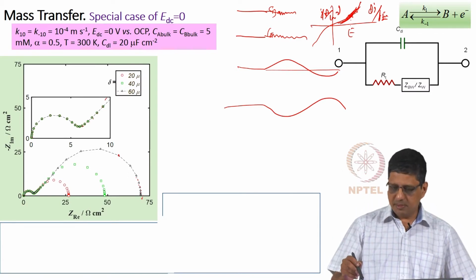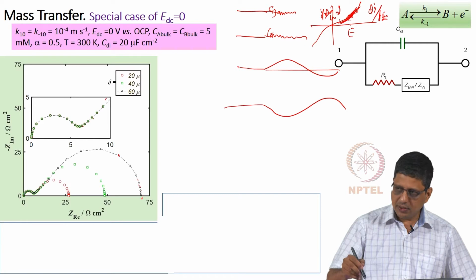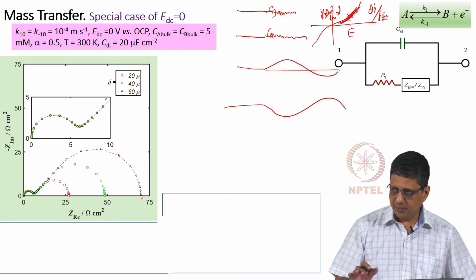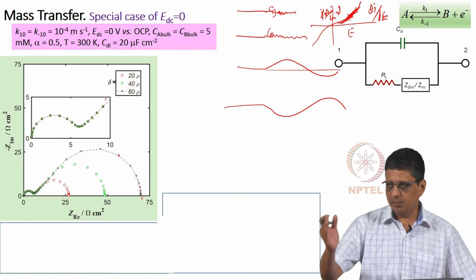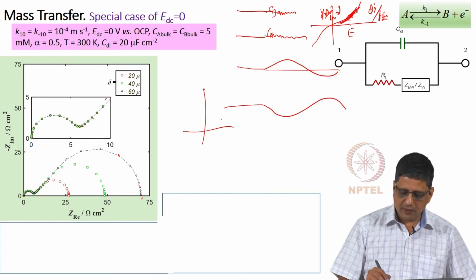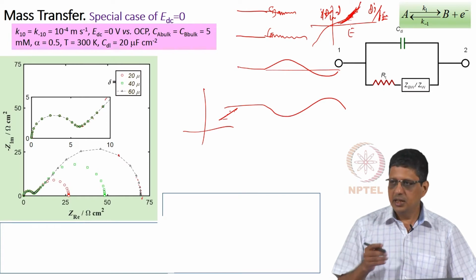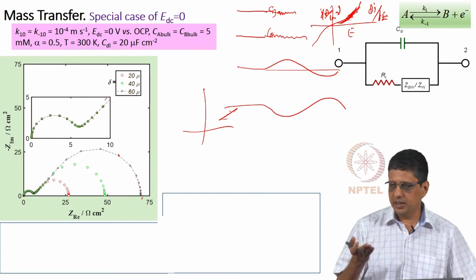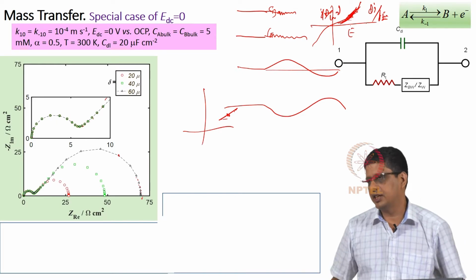Another way is to measure around this value. Actually you do not even have to go far, you go here, settle there, measure the DC current. Then go to another point, wait for sufficient time, measure the DC current, go to another point, wait for sufficient time, measure the DC current. That is one way of doing it, or go at a very slow rate and measure the DC current. Find the slope of that, fit it to a straight line. If it is a curved line, you should fit it to a quadratic equation and find the slope of it. The inverse of that slope would give you the polarization resistance.